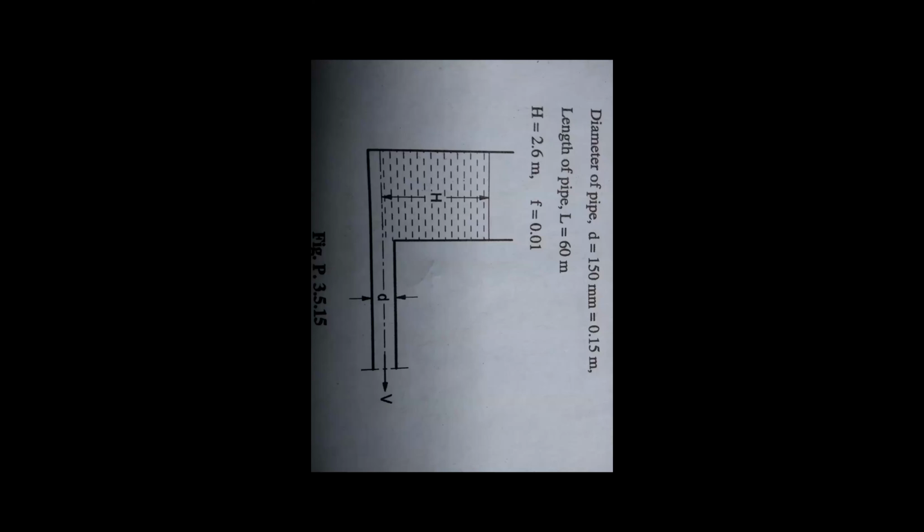Okay. Now, if this pipe is considered, then V is the velocity of the fluid flowing through this pipe. And what we know, the frictional loss, that is the major loss in the pipe, is hf equals 4FLV square by 2gD. Now in this case, what are the given parameters? Which values are given?